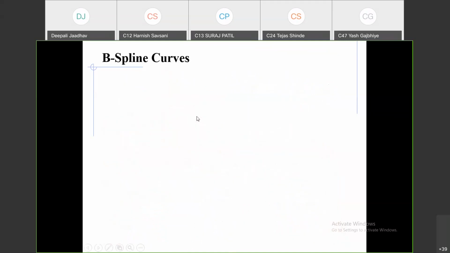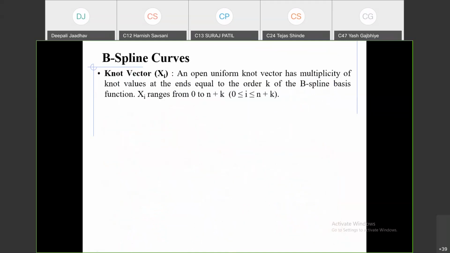Now the next one, knot vector. An open uniform knot vector has multiplicity of knot values at the ends equal to the order k of the B-spline basis function. Xi ranges from 0 to n plus k. Suppose n is equal to 6 and k is equal to 3. So i ranges from 0 to 9. Now see,